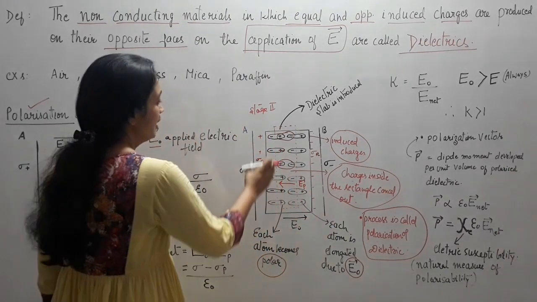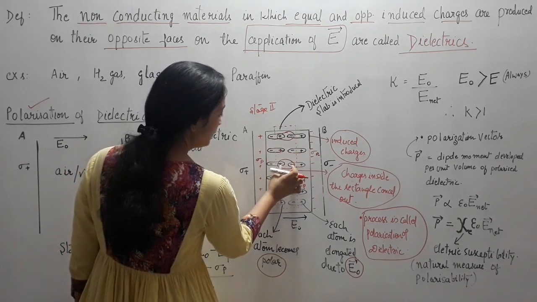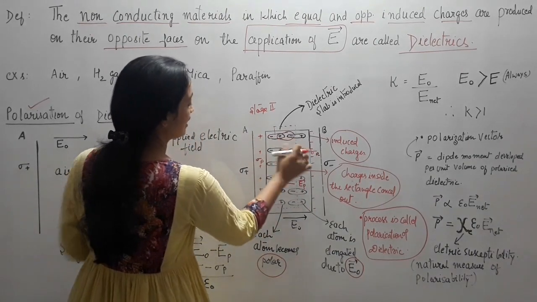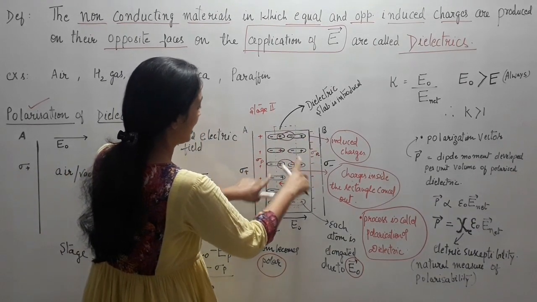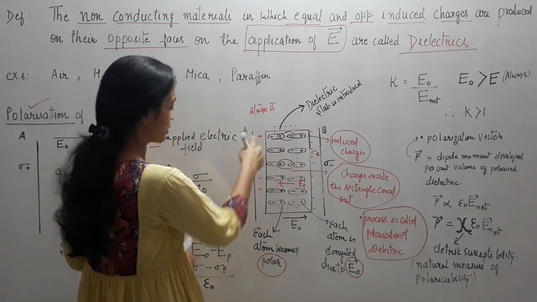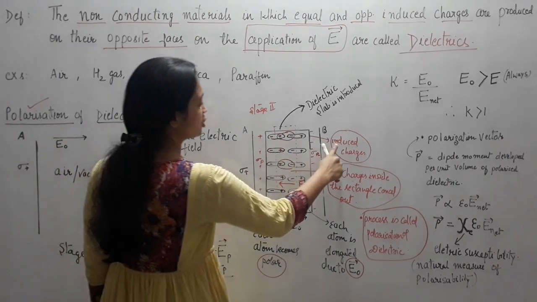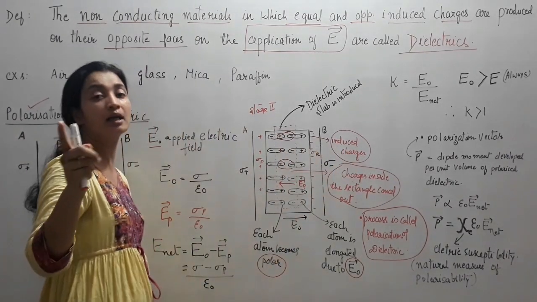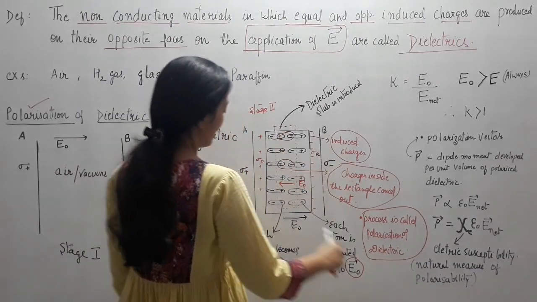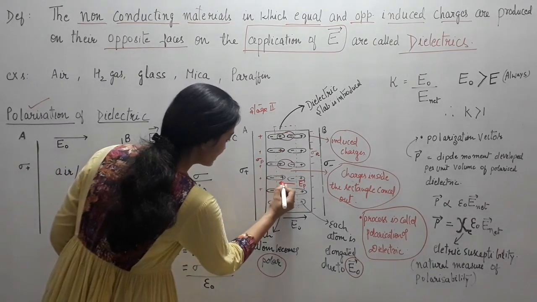So what happens? The internal positive and negative charge pairs, being close to each other, cancel out each other, and only the exterior ones, the outer ones, are remaining, negative and positive. This is negative because it is attracted towards this positive plate. Hence you can say on the extreme plates the charges are induced. They were earlier not existing, now they are induced.